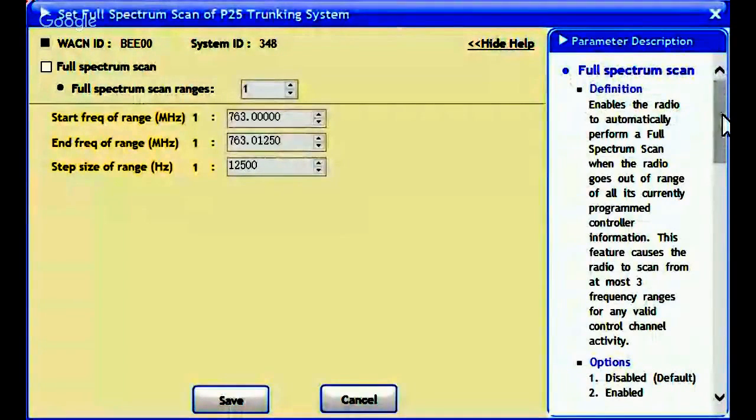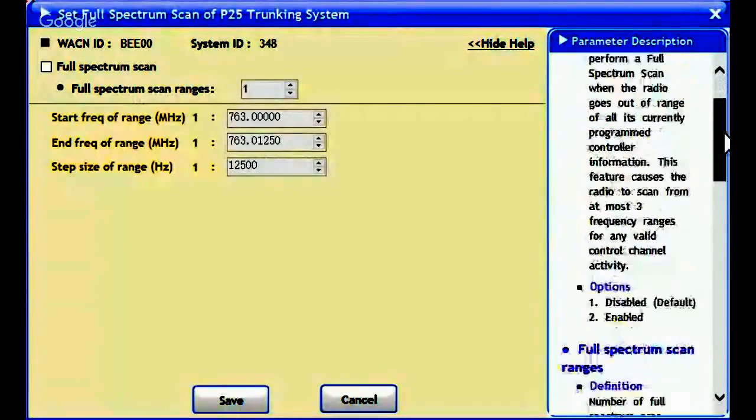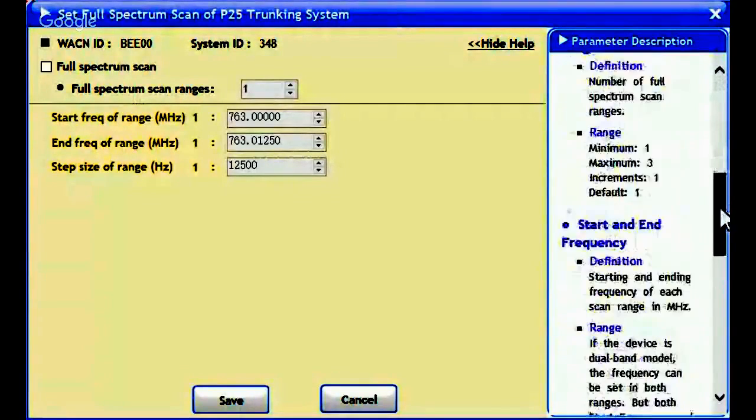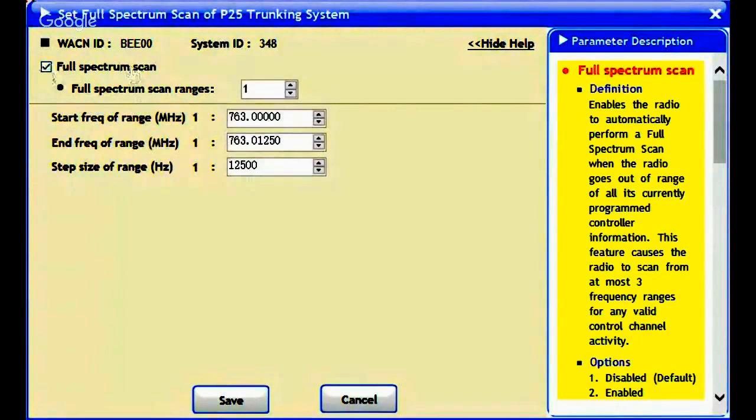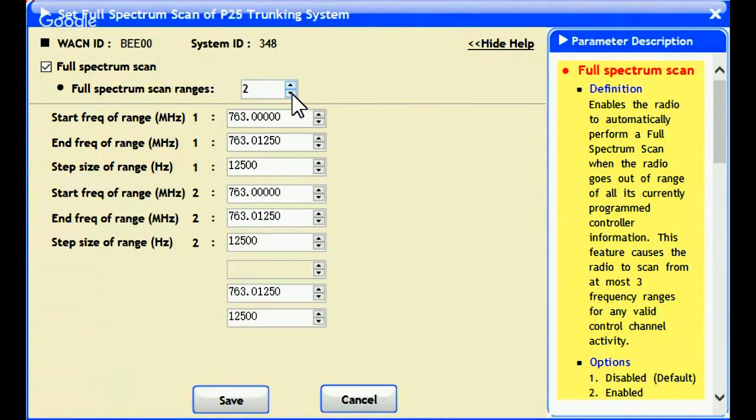And you can find that information inside the Help tab at the top. If you scroll down, these are the bands that we support. Now, if I were to enable full spectrum scan, and I was going to use this for 700 and 800 frequencies, I would need to add 2 full spectrum scan ranges,